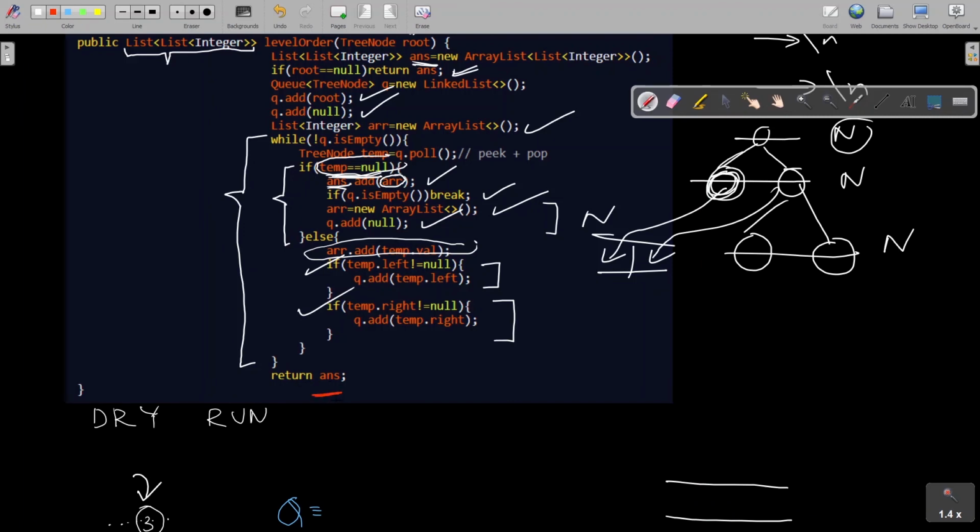So the algorithm is not as complex as it looks. You can watch this video again to get a better understanding, and this is a pretty straightforward BFS kind of algorithm. This was all I wanted to talk about level order traversal.